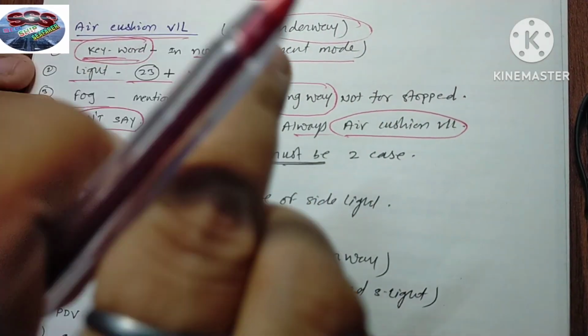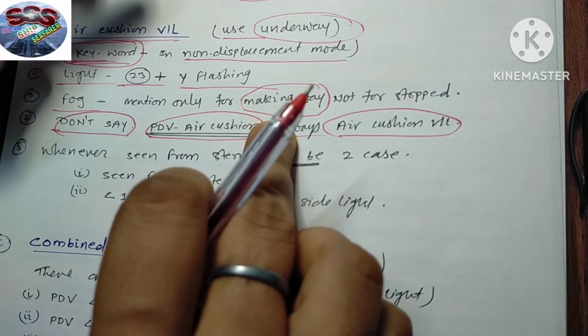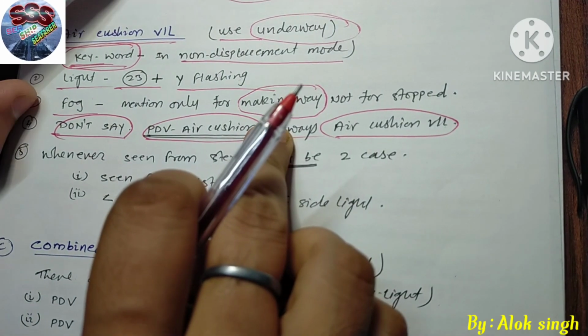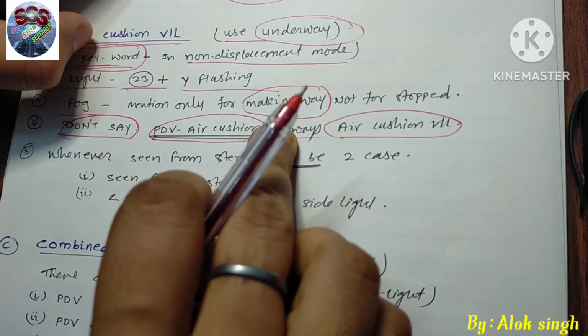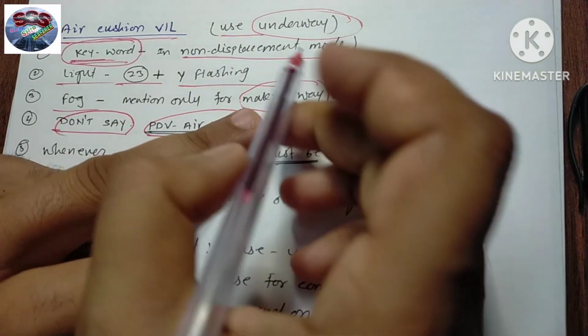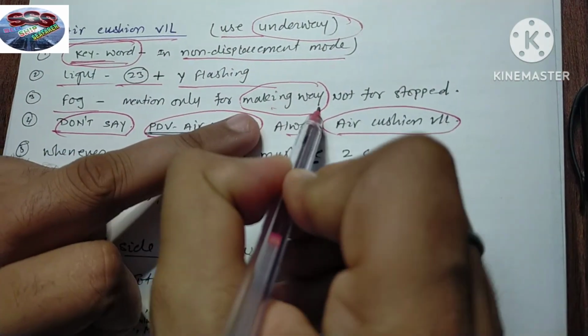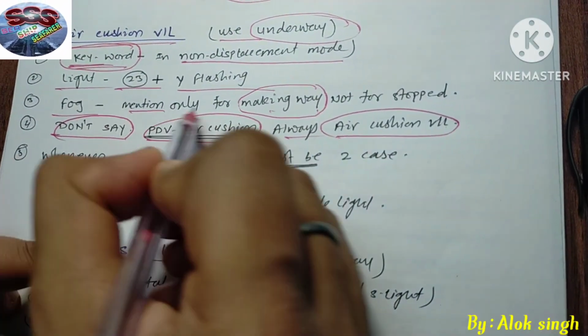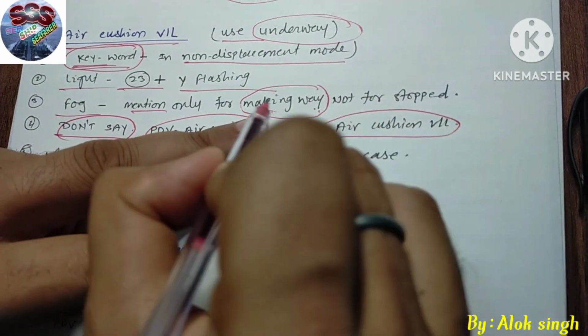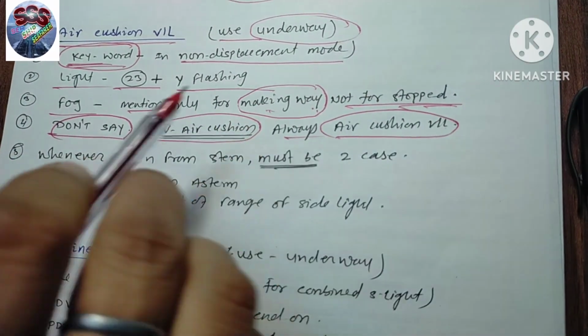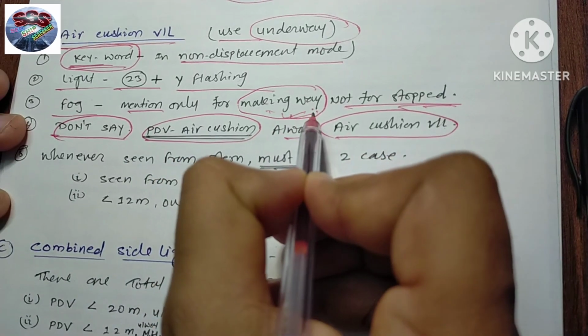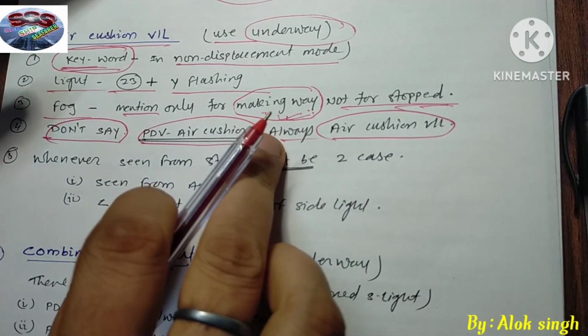So even if it is a power-driven vessel making way or stopped, we do not say stopped; we just say making way, and the vessel is considered to be making way, not stopped. So whenever it is an air cushion vessel, we just have to mention making way, because we are habitual to say